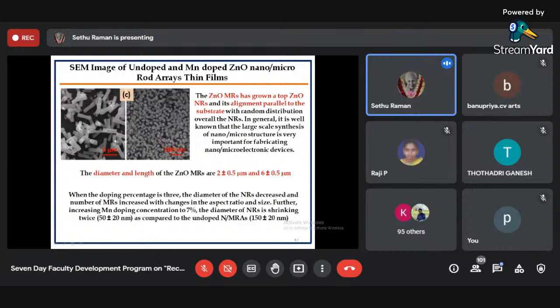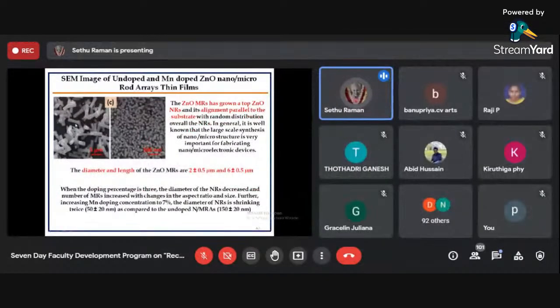fabricating nano and microelectronics. The diameter and the length of the zinc oxide microrod grown on the surface of the nanorod sample is about 2 micrometer and 6 micrometer. The diameter is 2 micrometer and length is about 6 micrometer. When the doping percentage is 3, I told you the diameter of the nanorods decreased and the number of microrods increased, with increasing aspect ratio and size. Further increasing Mn doping concentration to 7,